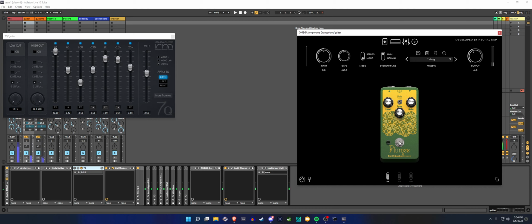This is how it sounds without the overdrive. Here it's very muddy. It's not very tight. Now you can tighten it up. Like you can tighten it up with the overdrive, but I think it does a little too much. Of course, you can turn the level down, sure, but